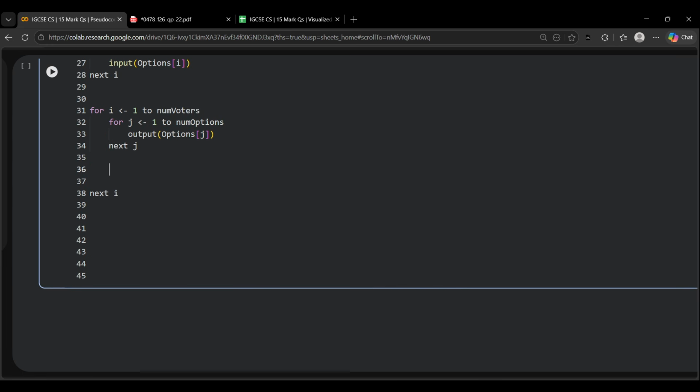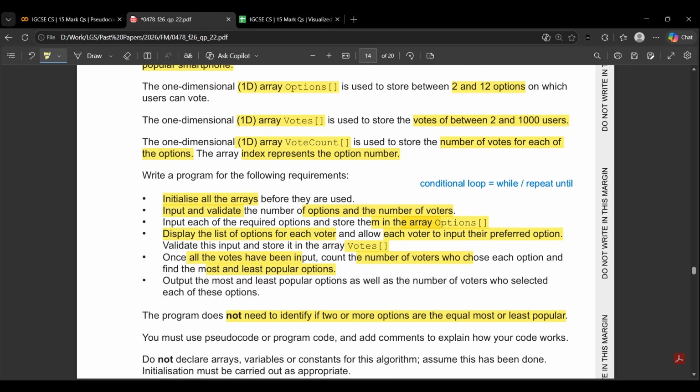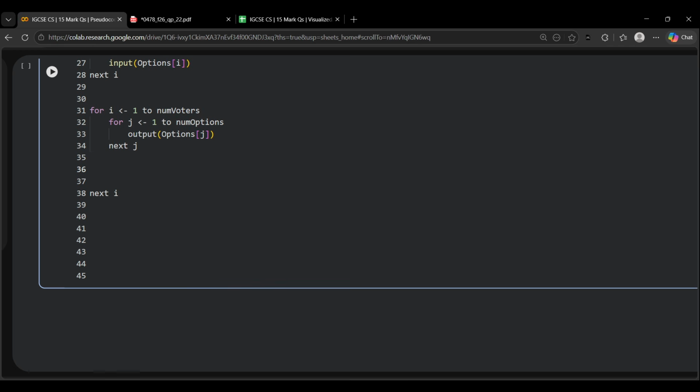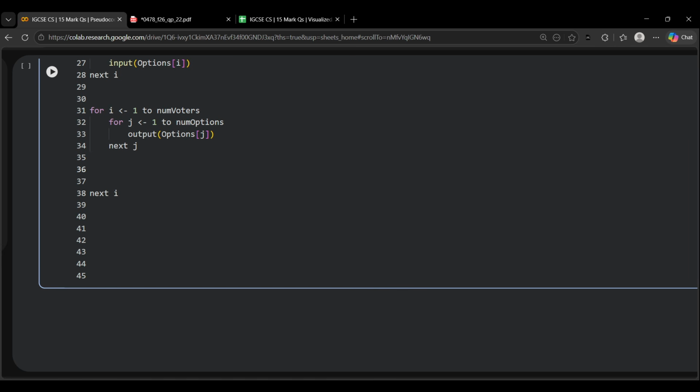And we're going to ask the user to input the choice. And this should be done inside the repeat until, because they've again asked us to validate this input and store it in the array votes. Because we don't want the user to input 5 or 10 or 12 if the options are only 4. So we have to use the repeat